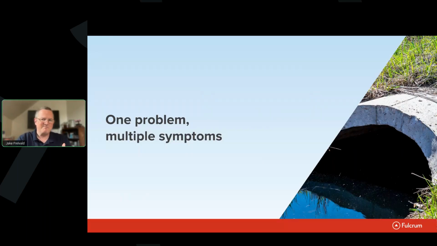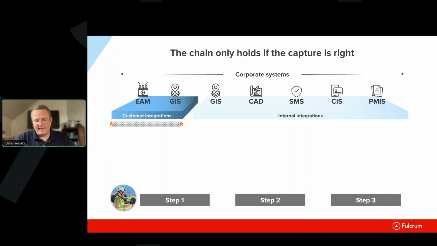Now, this is all really stemming from one problem, and we're getting multiple systems from that one problem. So when we think about that chain of events that we talked about just a moment ago, where you go from the field into a quality control step into a customer system, that chain of events only happens if the data capture happens correctly. So what I'd like to do is to make that a little bit more real by talking about a multi-step process where each step has different kinds of software being used and probably different kinds of hardware being used in order to manage the process that's going on.